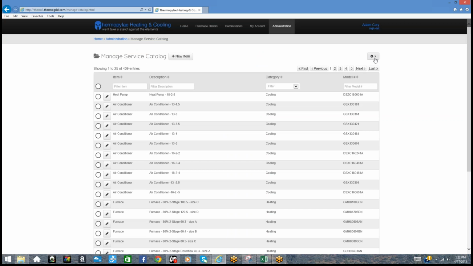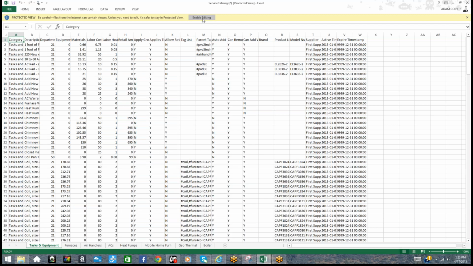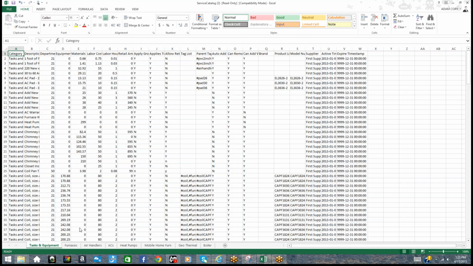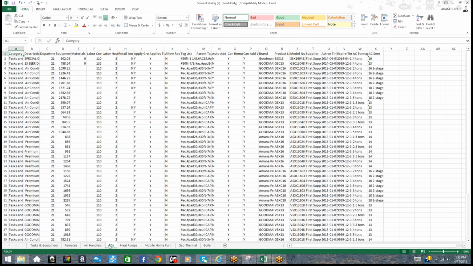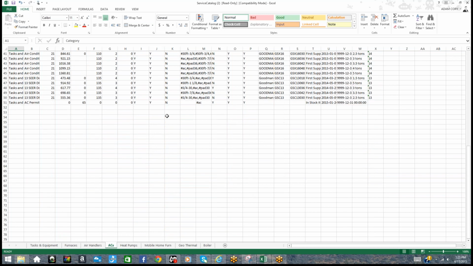And from here, what we can do is click on the Settings button over towards the top right, and we can export the catalog. When we export the catalog, it will export it into Excel. And enable editing. What I'm going to be adding in for this is going to be air conditioners. So we can go to the bottom of the catalog,